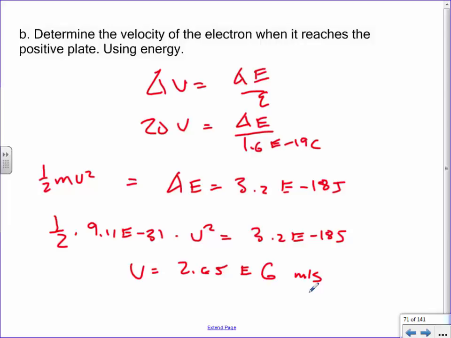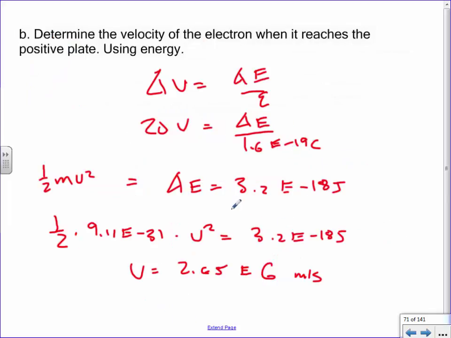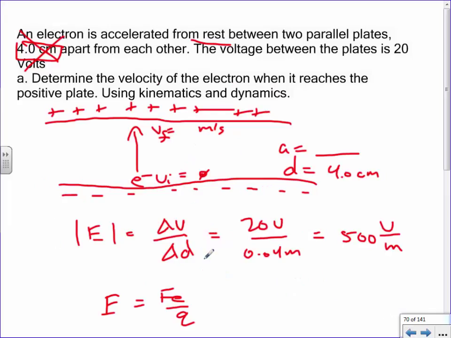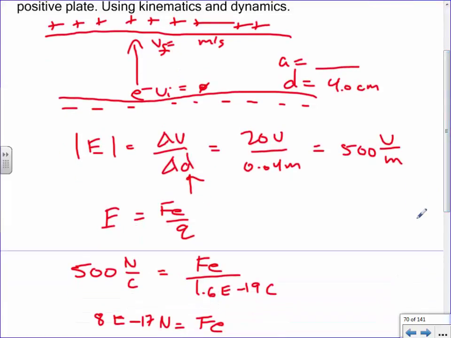Can I have one last thought? Using the second method, you guys see how we had 4 centimeters right here? Hypothetically, let's say that I didn't give you this distance right here. You'd be forced into taking this method right here, because see how with this method, we didn't use a distance? You know what I'm saying here? Whereas right here, I did use the distance, and I did use distance again later. But it is possible that of the 2 choices, you might not actually even have a choice, depending on the information you're getting.